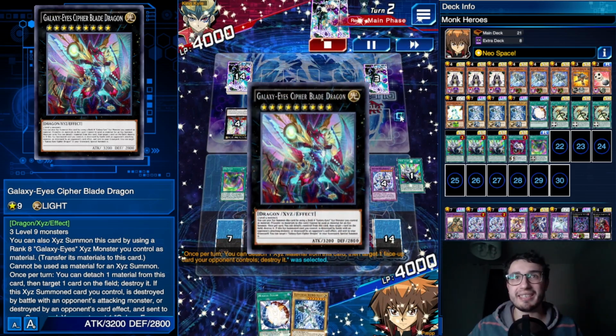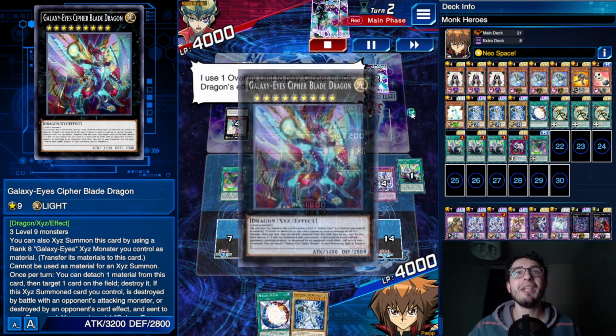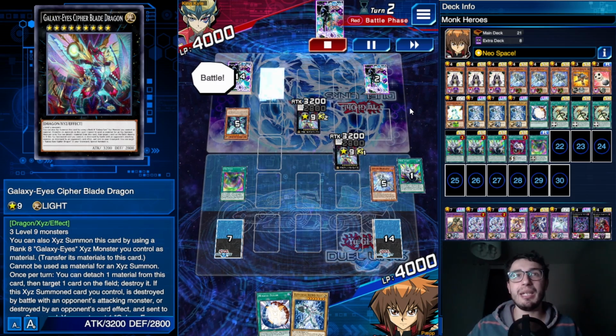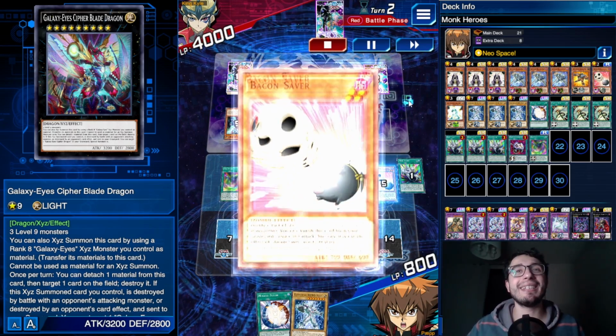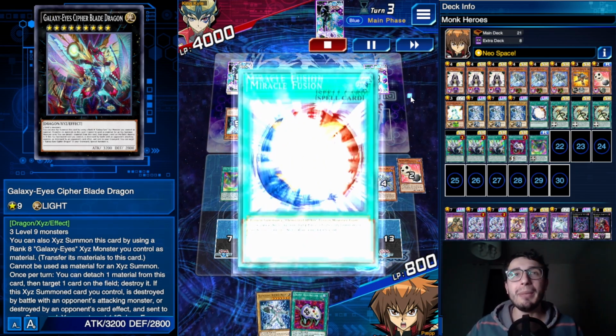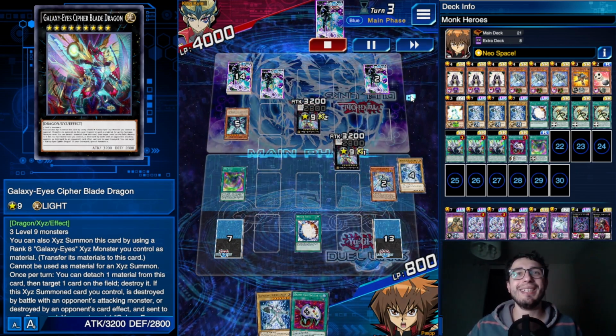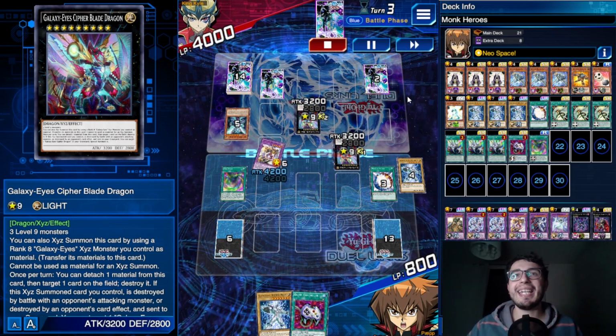He's not done yet. Cypher Blade again, second one. He's finishing the extra deck, popping again. Goodbye to Keeper, and then he's just attacking, but he forgot that I've got Bagon Saver for the win. Now he comes the Spice, Mythical Fusion into, look at this, Grand Merge is here, join the fight, he attacks,